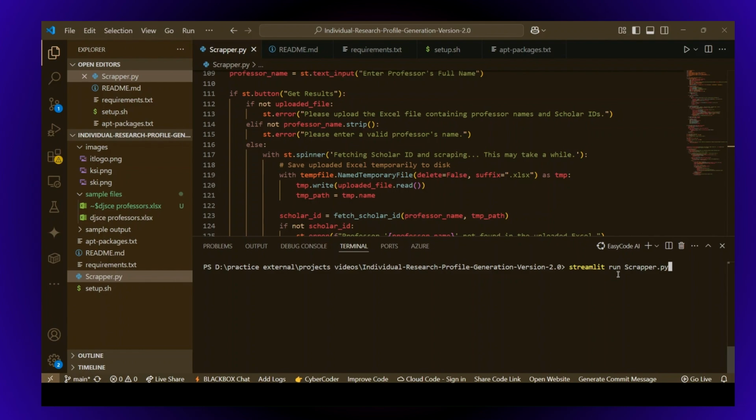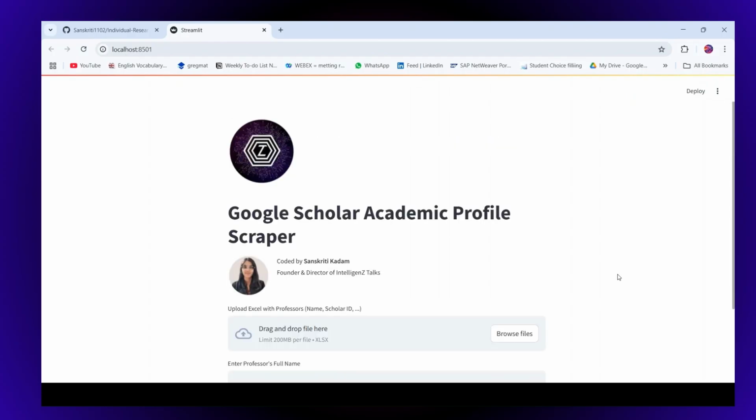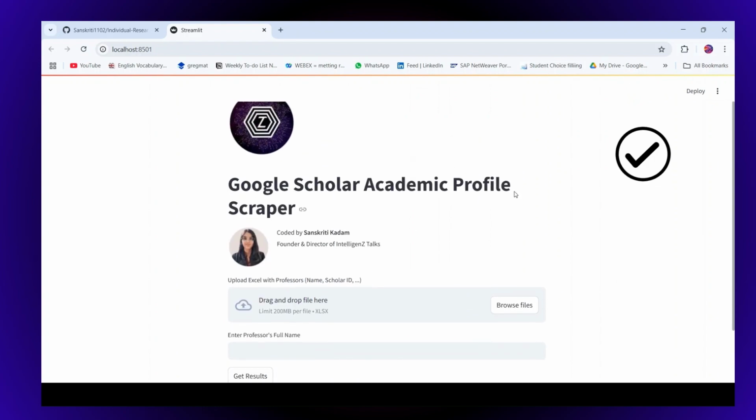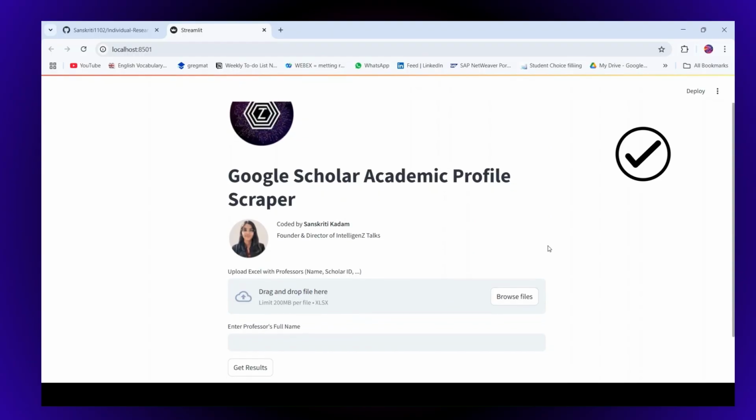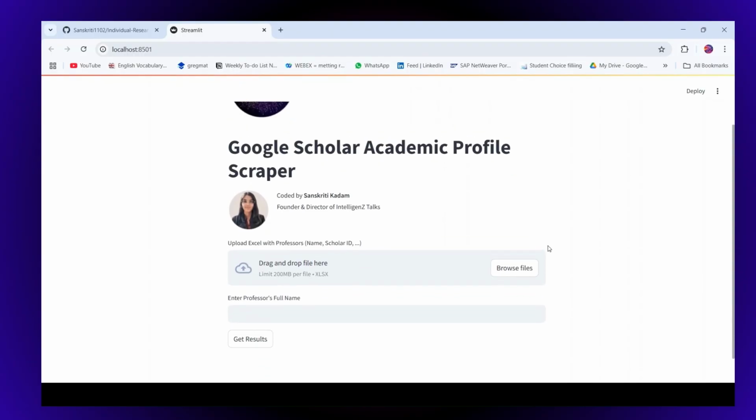Now, when you want to run this kind of Python file, you can't simply do "run without debugging" or so. You have to mention streamlit run and the Python file which contains the code. Let me do this. So finally, we are here at our destination. As you can see, the whole UI is given to us by Streamlit itself, so it's very easy for those people who are doing Python.